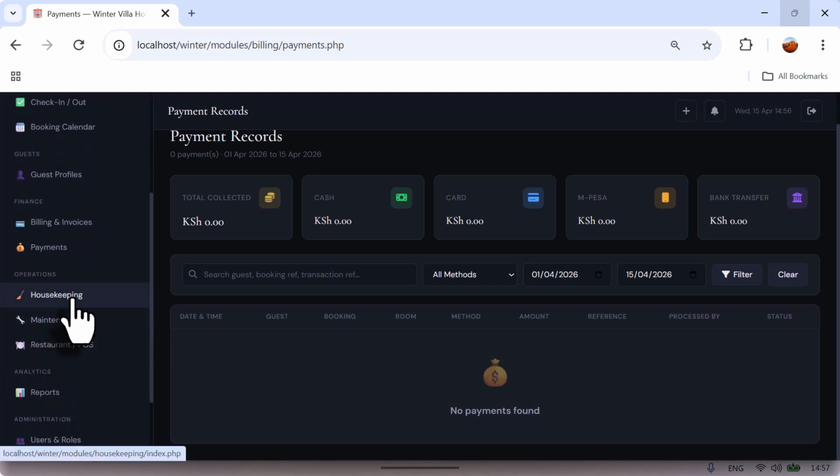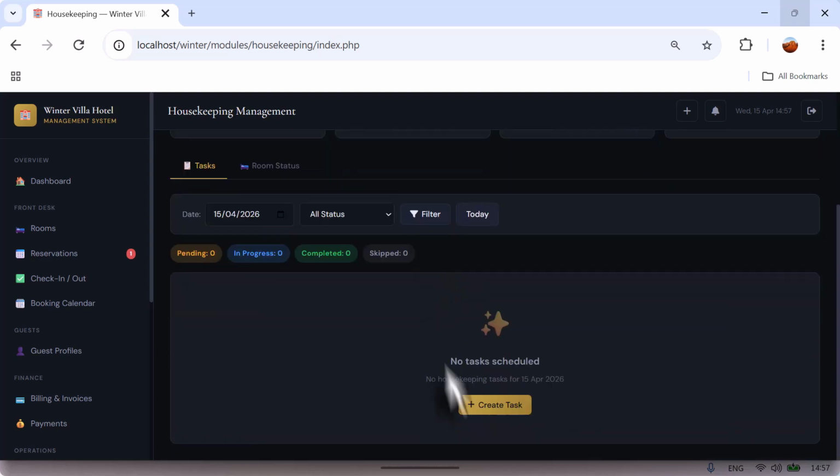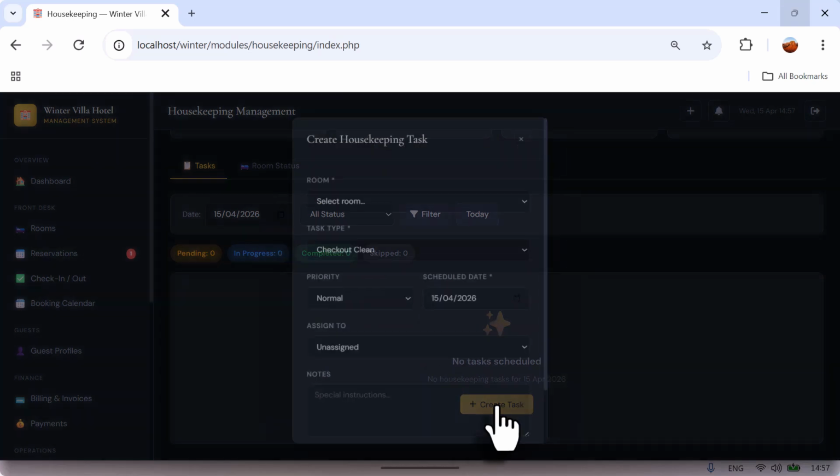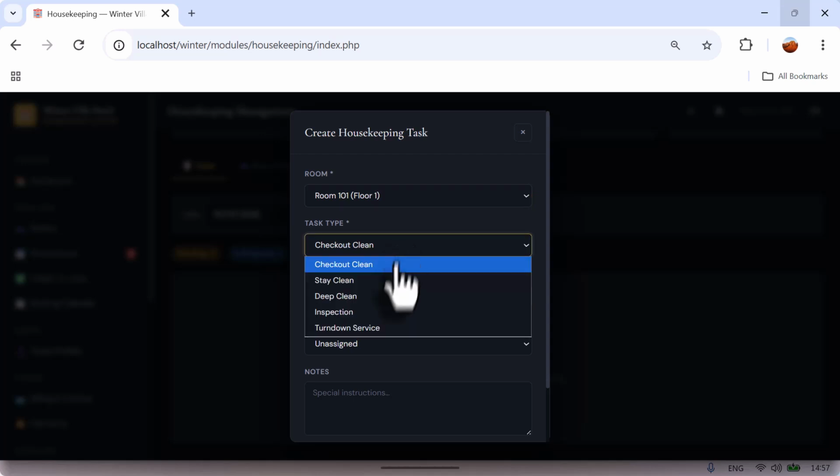In the operations module, we have the housekeeping, and this is where you see the clean rooms, dirty rooms, inspector, and a task today. You can create a new task from up there, which is the second way. You can also create from here. All right, if you create new task, it will show you the task,